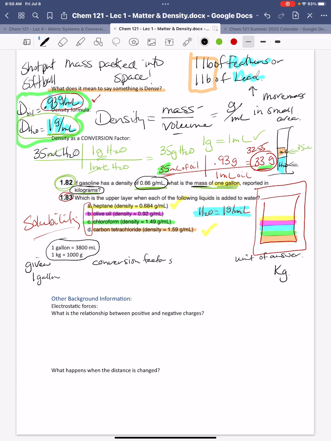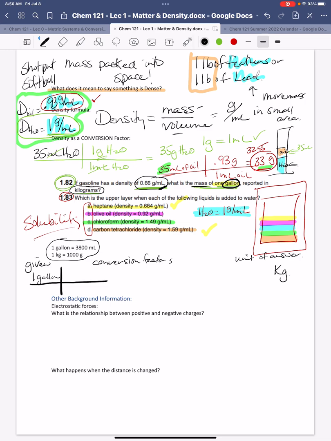Again, what I'm trying to do is not scare you to death, but show you the power of dimensional analysis. Those of you taking the TEAS test, a lot of students have come to me and said, I used dimensional analysis a lot when I was doing the TEAS test. Our first step is that we're in the English measurement of gallons, and we'd like to get to the metric system. I know that because my density right here is in the metric system.